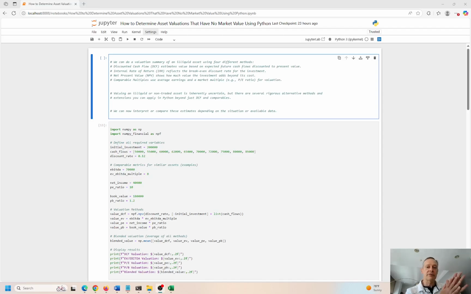So that is another technique we can use. And basically just valuing an asset that's very illiquid, which means it doesn't trade very often, or maybe not at all, but it can be traded, and you know there is some intrinsic value or some inherent value for this asset. We can try to determine what that is, okay? And these are some different techniques that we can use to achieve that goal.